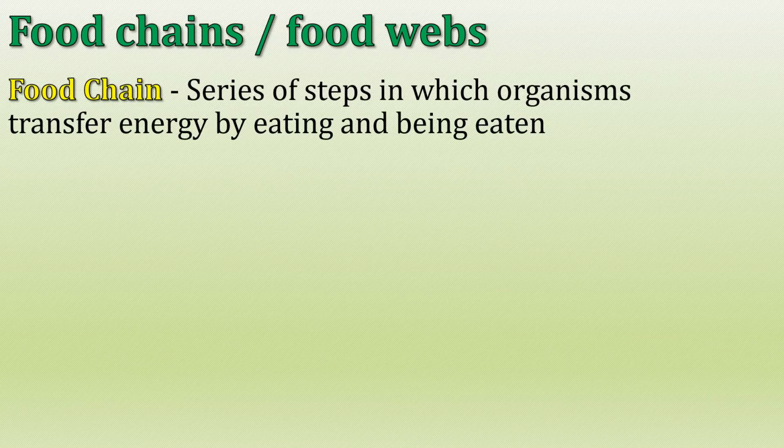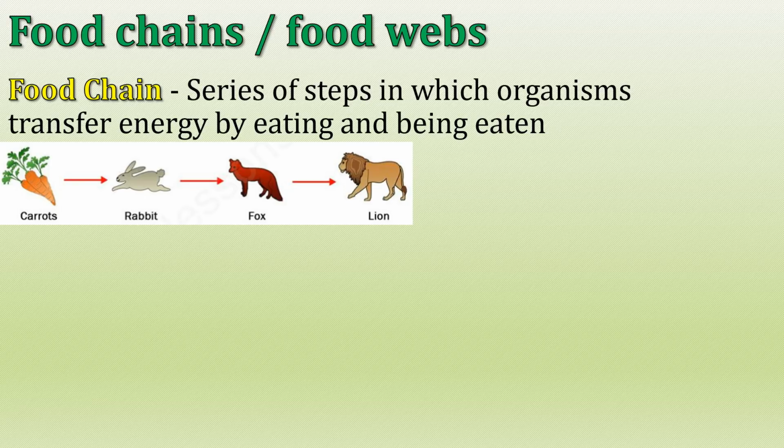So let's talk about a food chain or a food web, how that energy actually moves through the environment. A food chain is a series of steps where organisms transfer energy by eating and being eaten. The carrots transfer their energy to the rabbit, which when it's eaten by the fox transfers its energy there, and then of course it transfers it to a lion. This is a weird ecosystem that goes carrot, rabbit, fox, and lion, but of course the arrows represent energy going